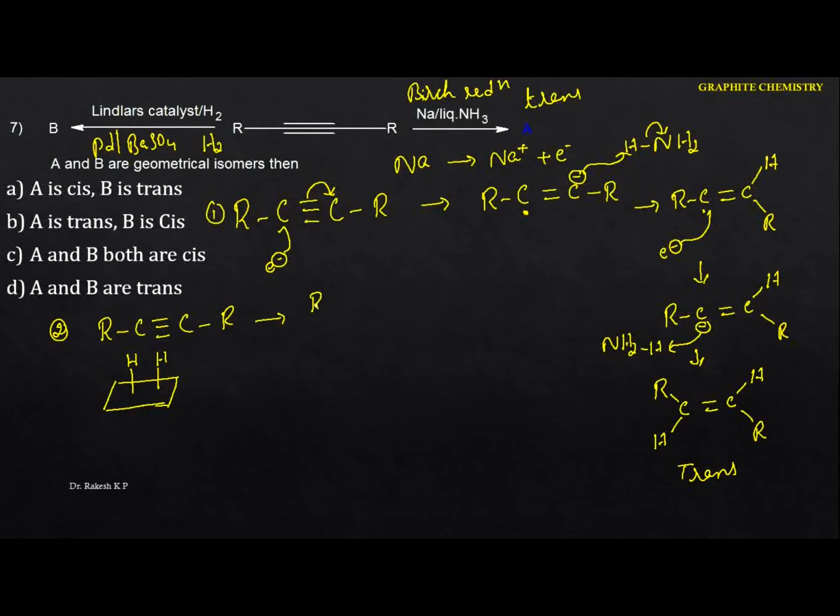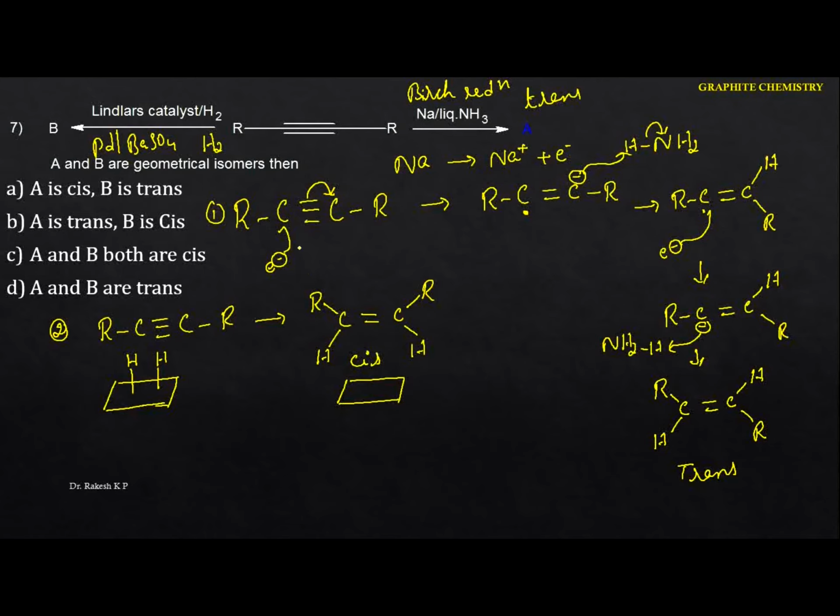The hydrogen attacks the particular carbon, so the triple bond becomes a double bond. Finally, the catalyst remains as it is here. The hydrogens are added simultaneously to the carbon to carbon triple bond, and these two hydrogens are present on the same side. Hence what you are going to get is the cis product.